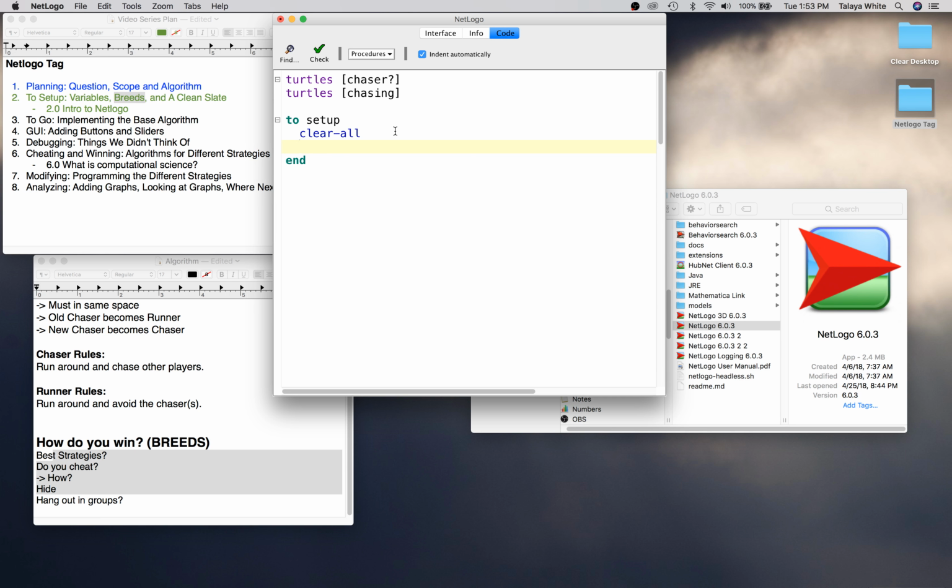So after we clear everything, we're going to create turtles. And when we create them, we're going to give them some code to follow. Actually, we want to create turtles and then give it a number. Let's do 100 turtles. So we're going to create 100 turtles and ask them to set their variable of chaser